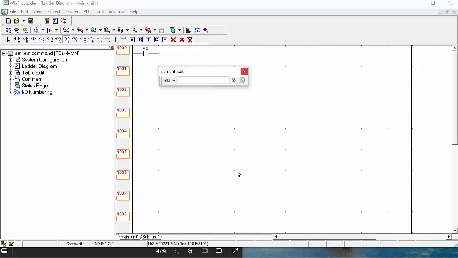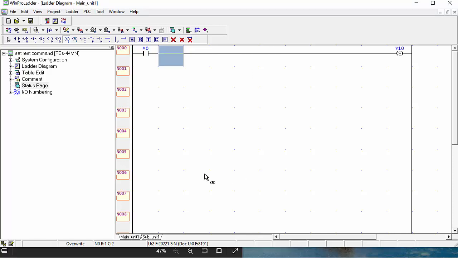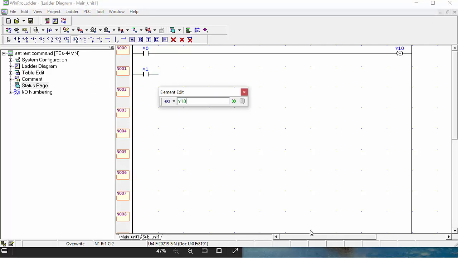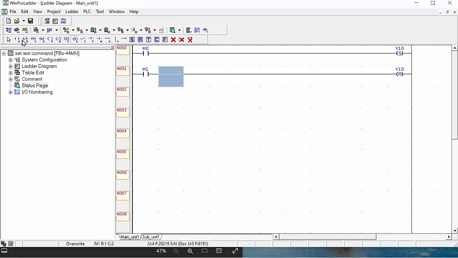Y10, Y10, and after that I will take one more contact here, M1, and I will make that one a reset command for Y10. Why? Because M0 I will make the set condition for Y10, and M1 I will make the reset condition for Y10. So this small program I will download to the PLC,